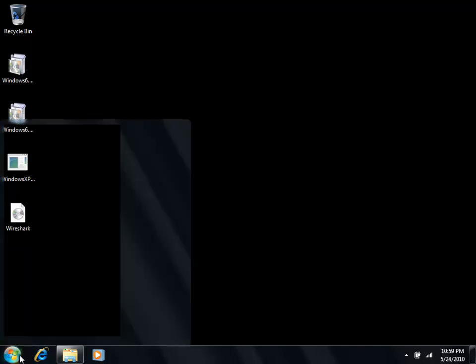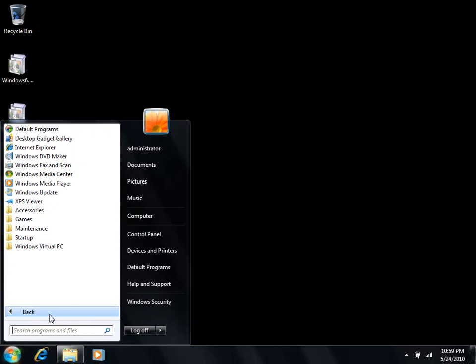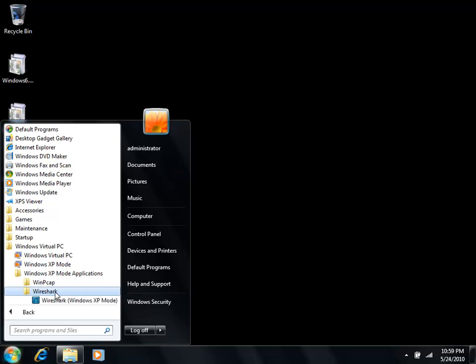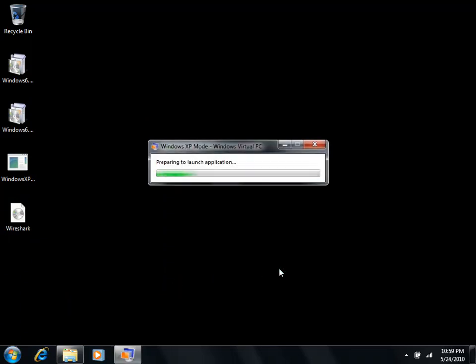If we click Start on our Windows 7 machine and go to All Programs, Windows Virtual PC, you can see we've got a new folder here, Windows XP Mode Applications. So let's open that up. Inside here, we've got our Wireshark application. So there it is. Now, if we run this, it's first going to fire up our virtual Windows XP and